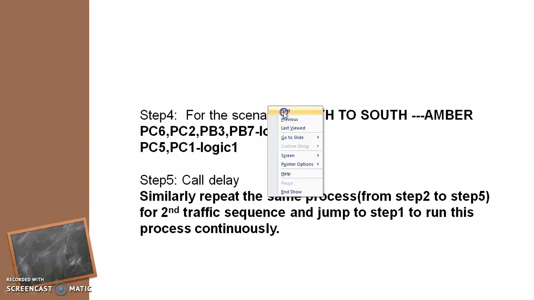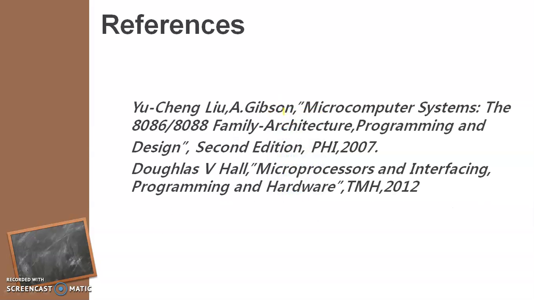There are various ways by which you can control the traffic lights. You can have smart sensors which can identify the traffic on the roads. Whenever the north or the south has high traffic, then that traffic could be allowed to pass through for more time. That is, the green time could be made longer. And if the traffic from west to east is less, then accordingly we can reduce the time of the green LED being turned on from west to east.